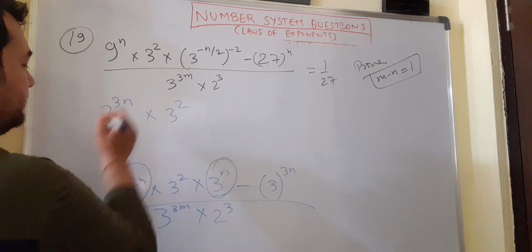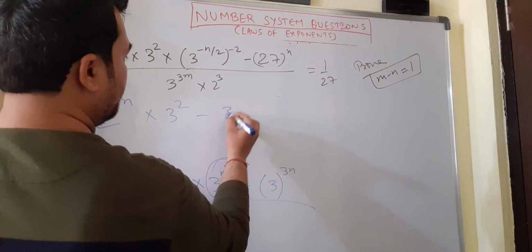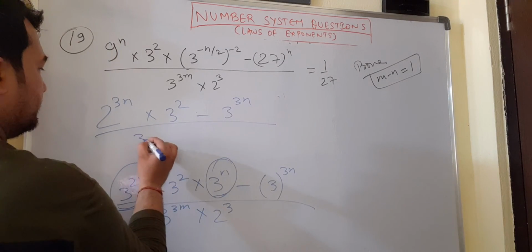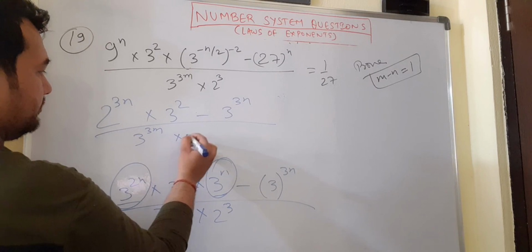This is 3 to the power 3n. What is left? 3 to the power 2 minus 3 to the power 3n divided by 3 to the power 3m into 2 to the power